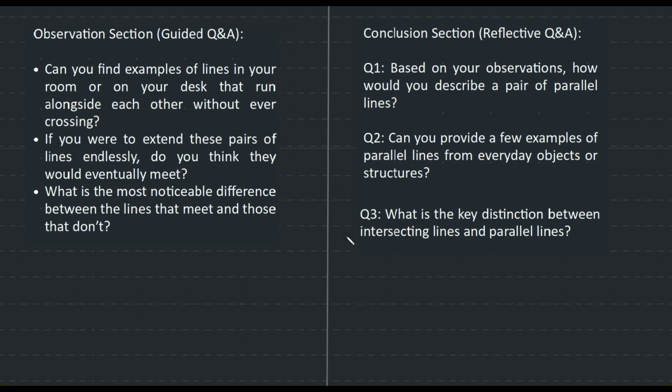Okay, so let's look at the observation section and you need to answer these questions. Can you find examples of lines in your room or on your desk that run alongside each other without ever crossing? Alongside is next to each other. So can you see any pair of lines? Again, imagine everything is made up of lines. Every edge is made up of lines. Can you see any pair of lines that, even if you imagine,